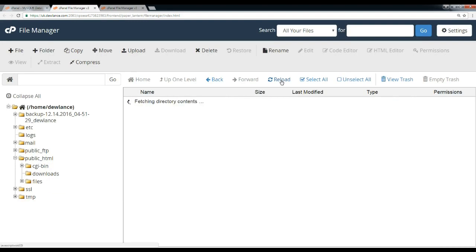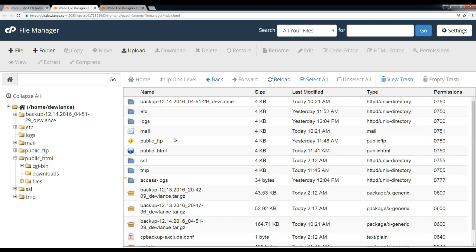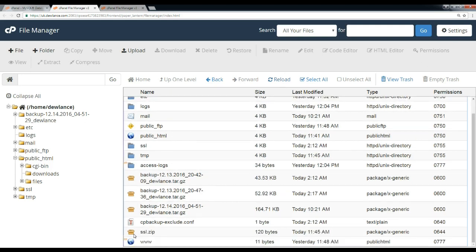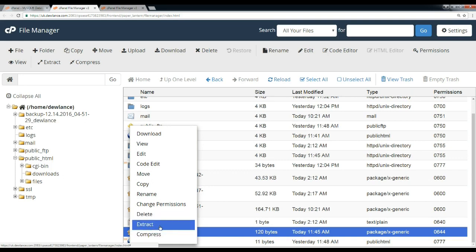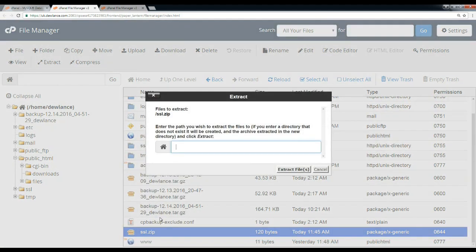Refresh. Extract it. You can provide a location, or you can leave it empty.